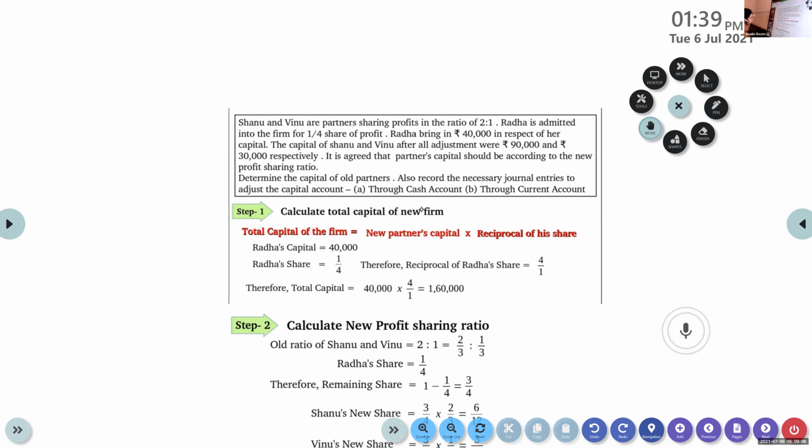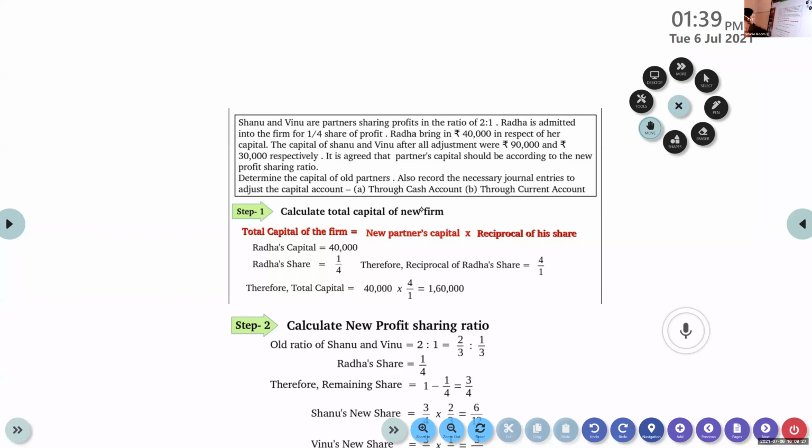So 40,000 into reciprocal of 1/4, which is 4/1. So 40,000 into 4/1 is 1,60,000. So it is found out that the total capital is